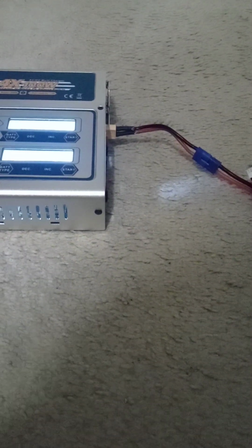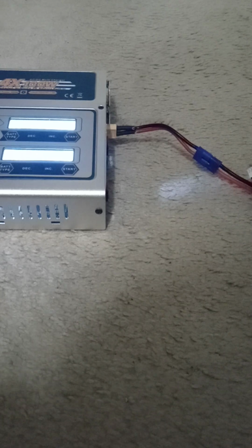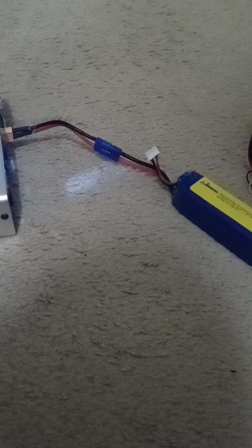The situations where I'm fine using a 4S Lipo battery to power this charger is, of course, only using up to 2 separate channels, with each channel having some kind of rechargeable battery that I would say has a nominal voltage of no more than